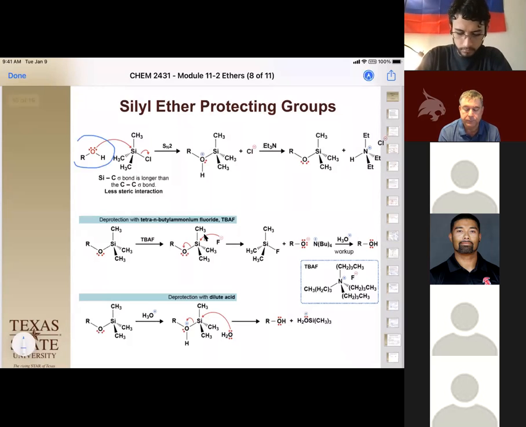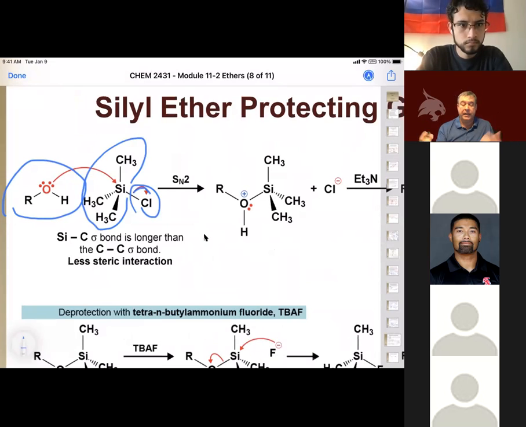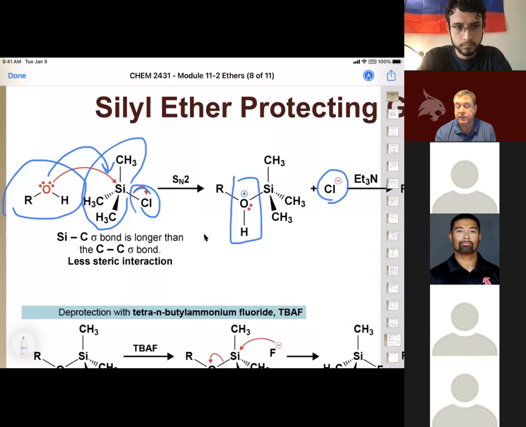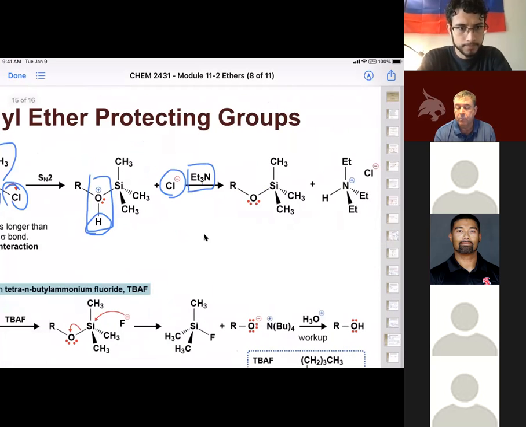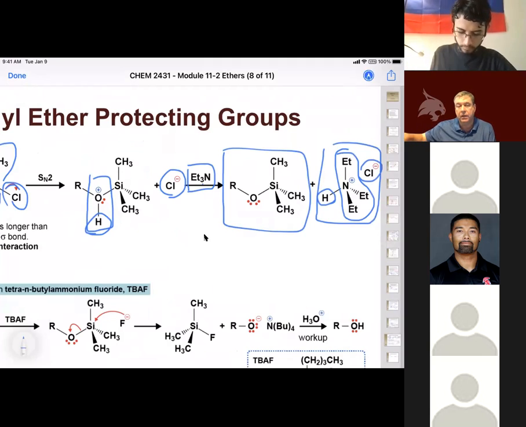So if we have our alcohol here, I'm going to blow this up, and we have 3 methyl groups and a chloride, okay? That makes the chloride our leaving group. We do a nice SN2 reaction with our oxygen's electrons as our nucleophile. That'll generate our oxonium cation intermediate, and we have chloride as a base, and we also include a base in here, triethylamine, and this can deprotonate this to give us our neutral silyl ether plus our salt. Our HCl has bound with the triethylamine to create a salt in the solution,